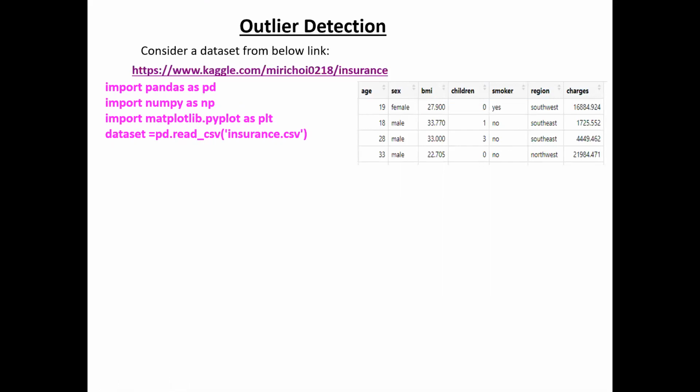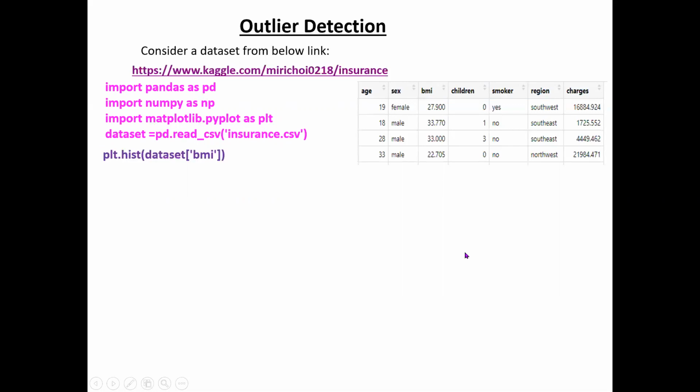To plot something in Python, we need to use a package called matplotlib, in that the sub package pyplot. So import matplotlib.pyplot as plt. This is an alias name like pd. In place of pandas, you can use pd, similarly you can use plt in place of the whole package name. If you write this line of code, your data set is loaded into your Python Spyder.